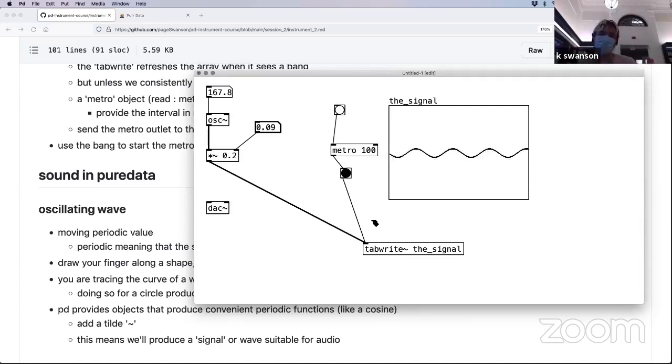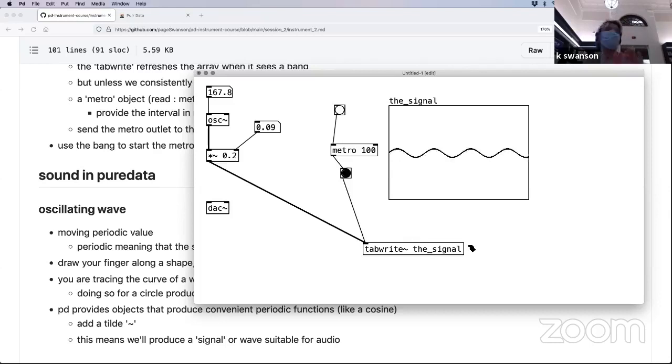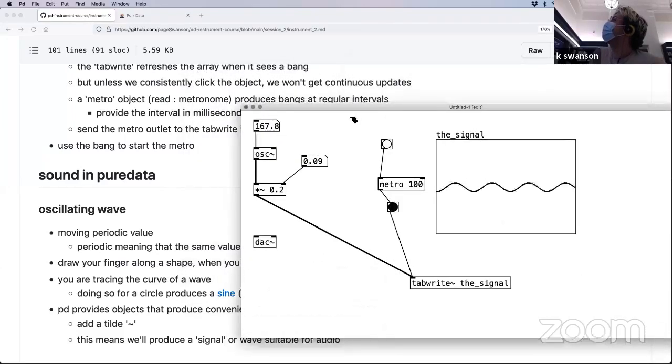So I think this introduces a lot of things that you wouldn't necessarily use regularly until you got a little more advanced. But at the same time, once you have this, you can just copy paste this whole patch or save it and just have it forever. And then, if you use PD further, you can just recall this and it's ready to go. So, okay, with the remaining time, let's get into more ways to make